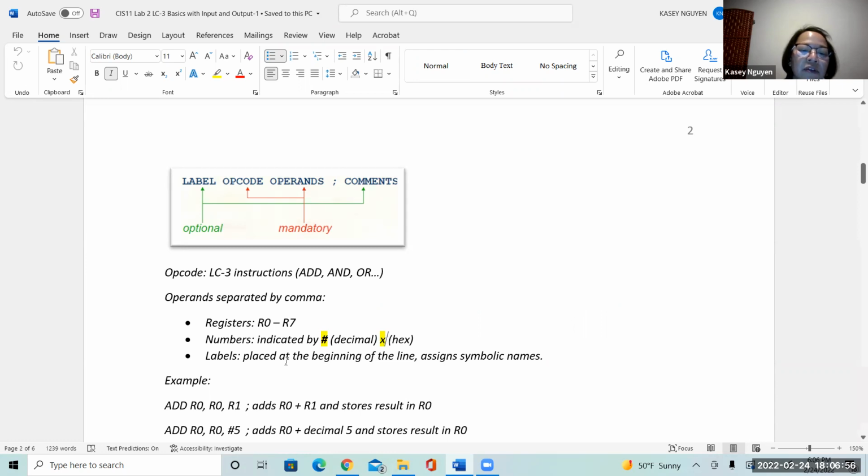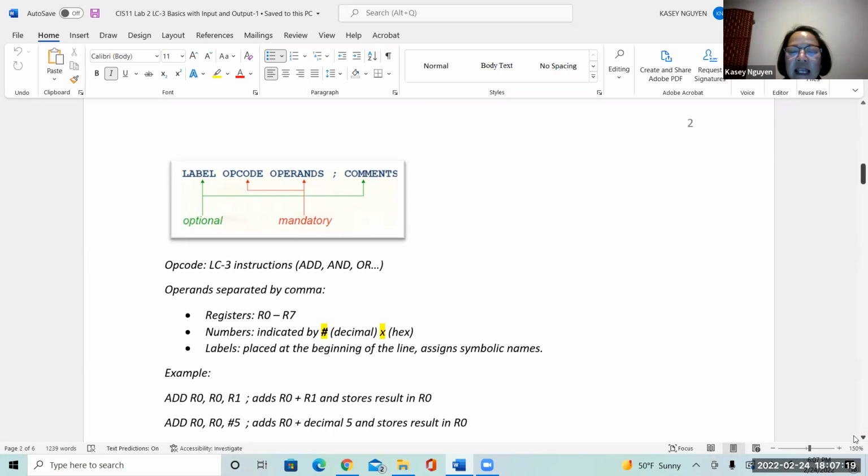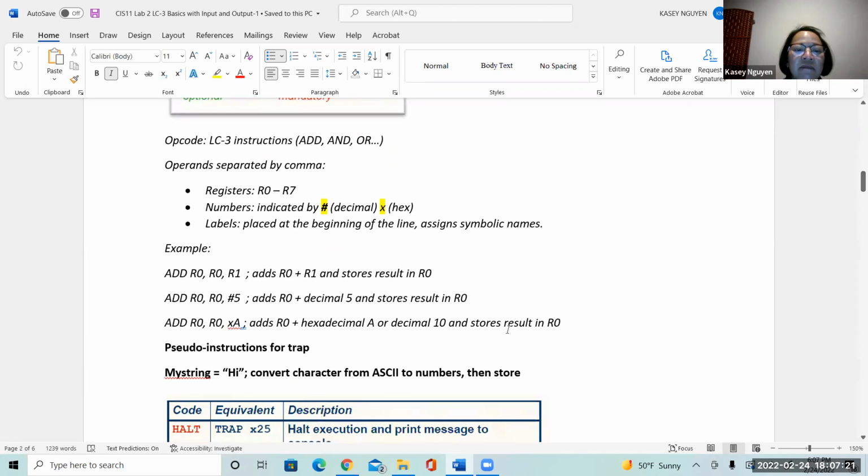Your label, you can place this at the beginning of your line, and that is just a symbolic name or an identifier. We can use that label to identify a section of code or a certain location in the memory, like how we would treat a variable in C or C++. Okay, so the example that you see there is if I want to add values from the register,